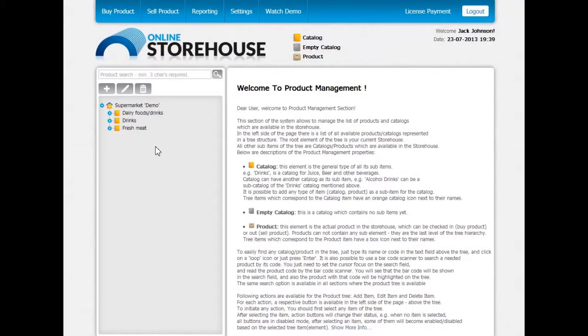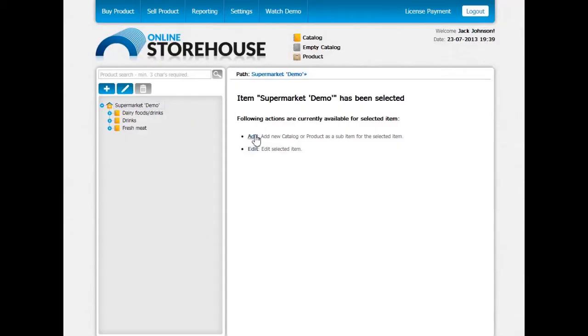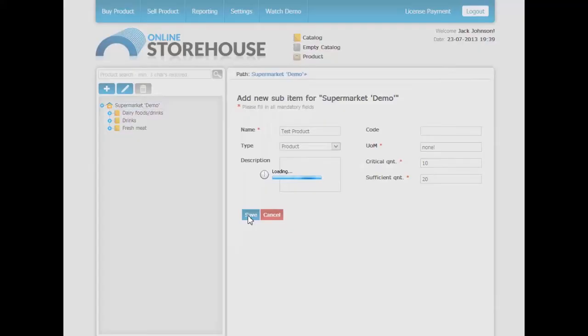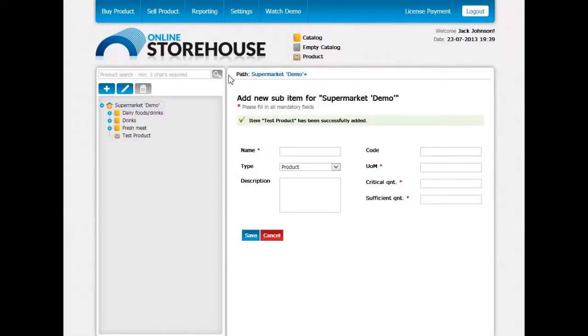Now, let us add a product to our hierarchical tree. Name it Test Product, for instance, and fill the other required fields with some information. We will see that the product has been added to the store tree. Now, let's again go back to the Data Backup Management section,